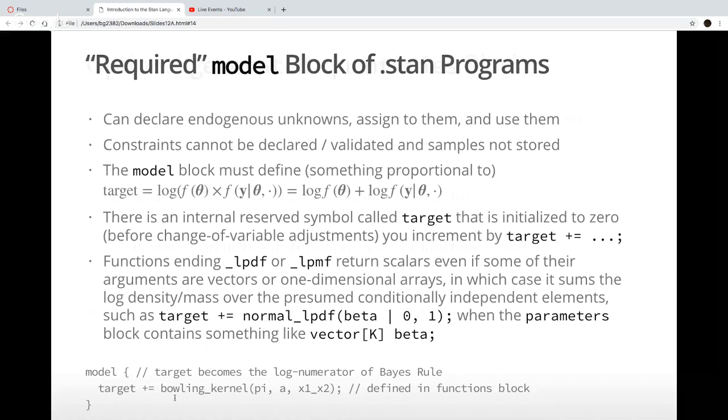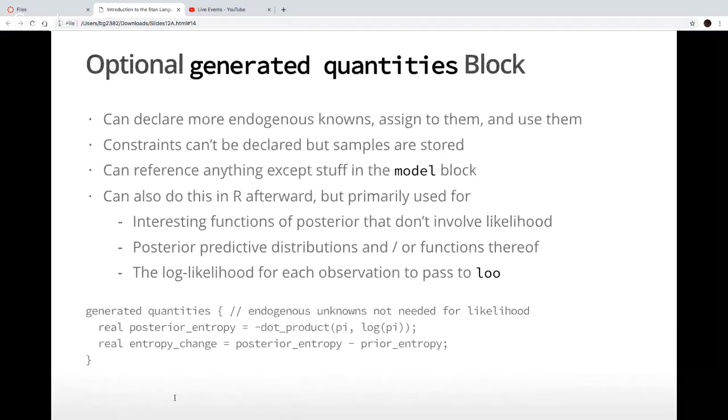All right. So finally, the last block is optional. It's called generated quantities. You can declare endogenous unknowns, assign to them, use them. They're going to get stored, and so they'll appear back on the R side when the jobs are finished. You can refer to anything in the previous blocks except the model block.